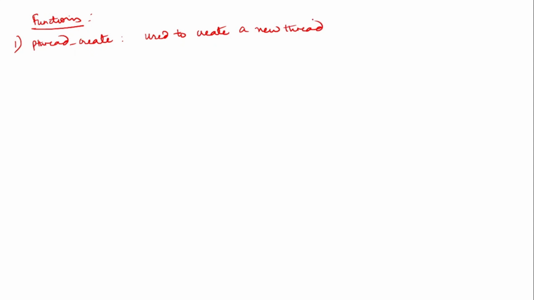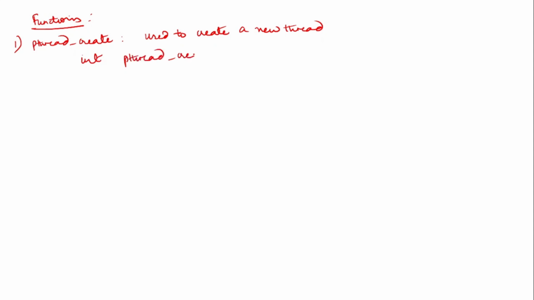Now, as we talk about the different functions of threads, the different functions that we use whenever we talk about threads are as follows. The first function is thread create, the very basic function which we use for creating a thread. Obviously it is used to create a new thread, and the function is declared as follows. Int is its return type,